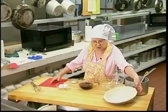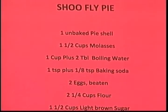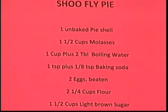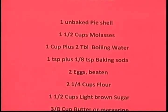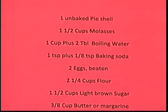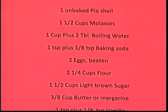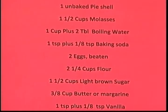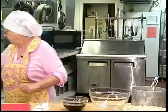All right, you need 1 unbaked pie shell, which I did earlier today, and I used our standard pie dough recipe. 2 cups of flour, pinch of salt, tablespoon of sugar. Mix it up. Work in 3/4 cup of solid shortening, and when that's worked in and resembles small peas, add 3/4 cup of water. So anyway, for our pie filling,